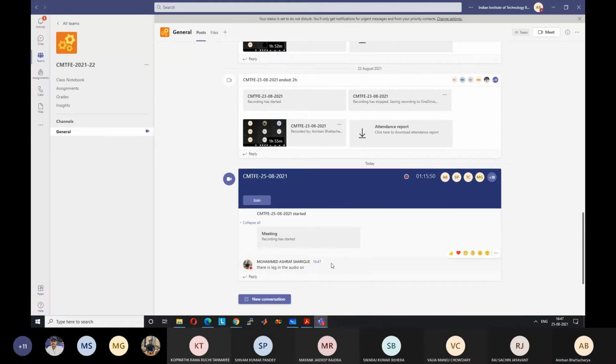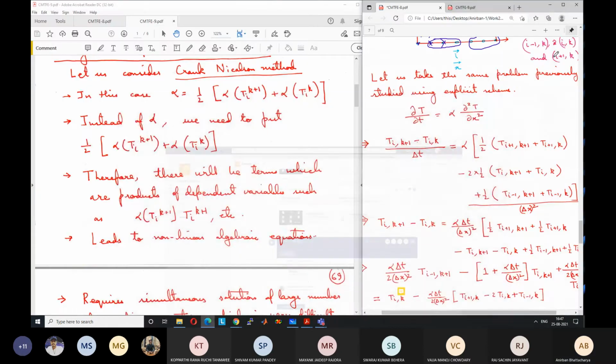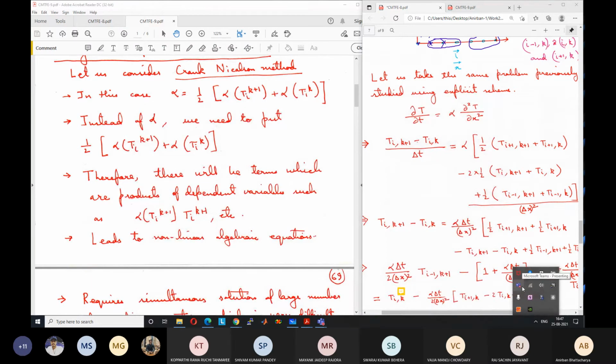What happened? Lag in audio. Can you hear me? Lag, I cannot do anything about lag, but if you can hear me, we'll just have to continue like this. Yes, sir. I can hear you, but at times there is a lag in the audio. That will be there. You have to bear with that. I have already said, lag will be there. So you have to go by the voice and understand what I'm trying to say. But if you do not hear me, then let me know, because then we have to pause and I have to repeat what I was telling. Okay. But lag is unavoidable.